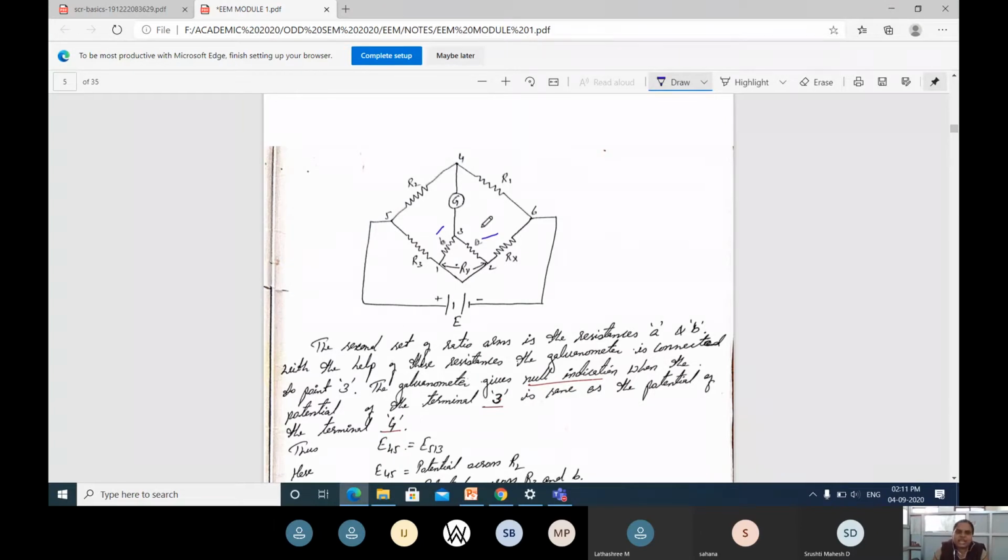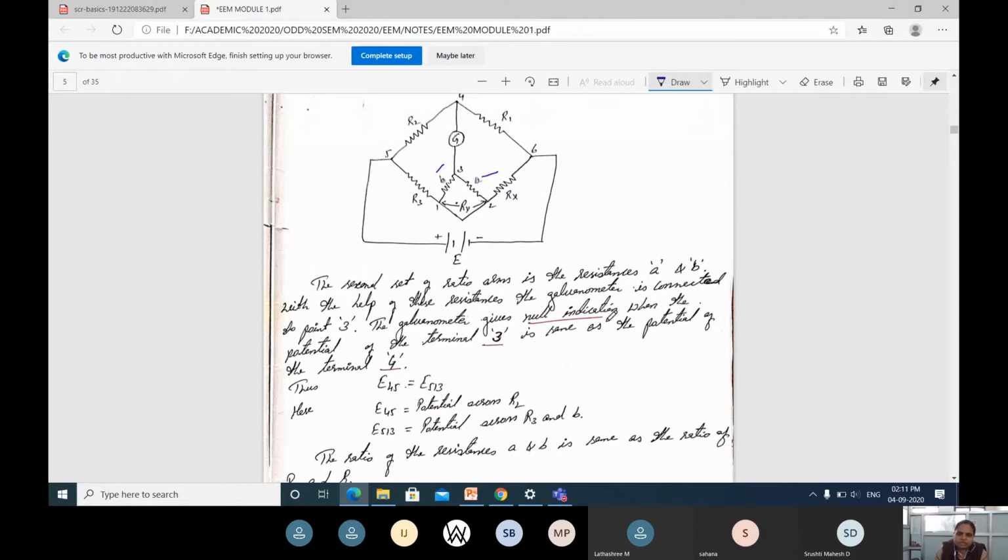This you have to write as the theory part. This is what is given. Okay, for the theory you can write the construction, what is there in the figure. Then what is next? You have to write the principle here.